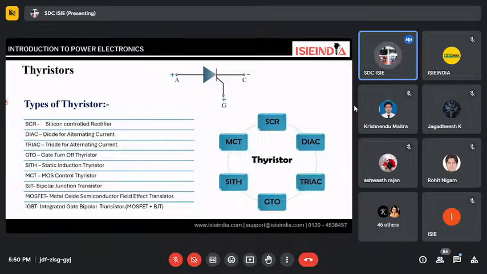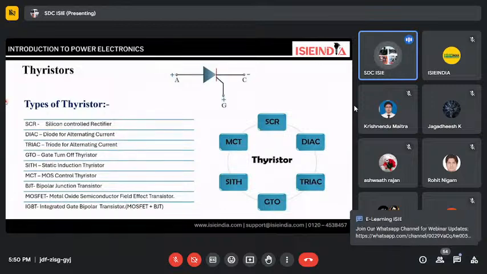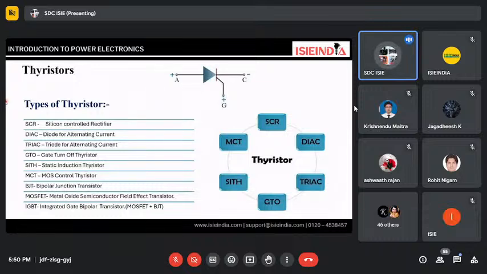We have SCR, DIAC, TRIAC. Basically, DIACs have two diode connections along with the TRIAC, UJT, BJT, MOSFETs. MOSFETs are basically used in electric vehicle controllers. In the controller, we use MOSFETs as switching devices to make a trapezoidal waveform. Along with that, we also use IGBTs for high voltage